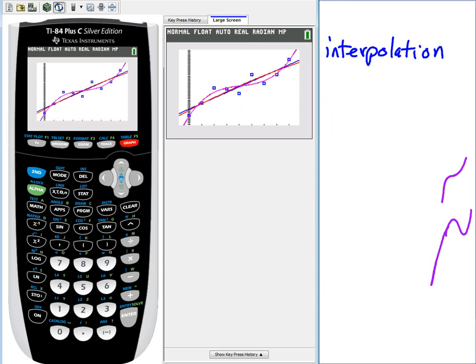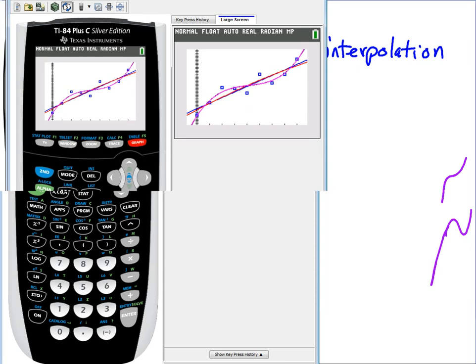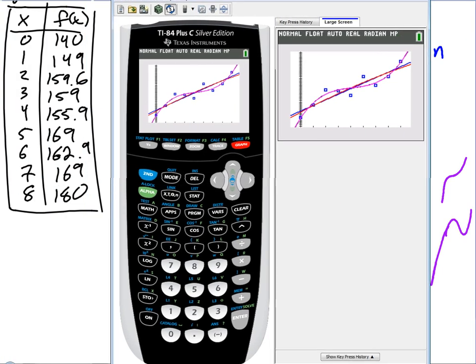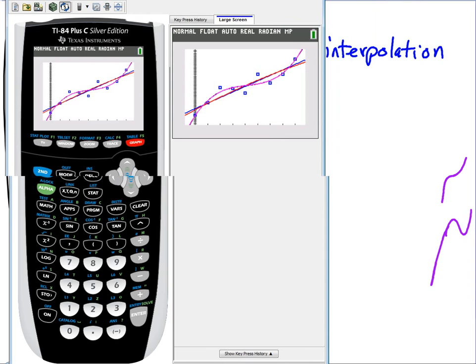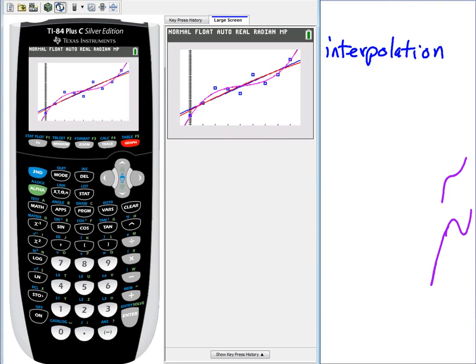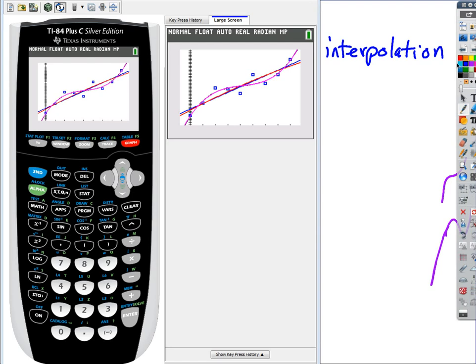Okay, so now what's it called if we want to say, based on this model, it ended in 1995, let's estimate what the costs are going to be in 2005? So we're going to make an estimation outside of the data set. What do we call that? Instead of interpolation, meaning inside, it's going to be extrapolation. Yeah. So if we go outside,